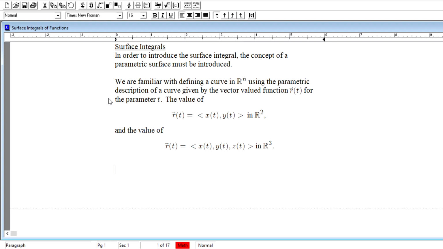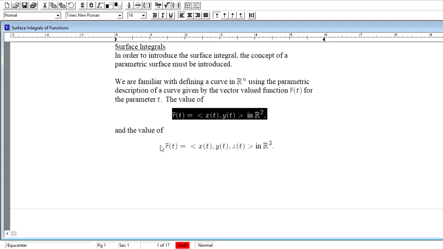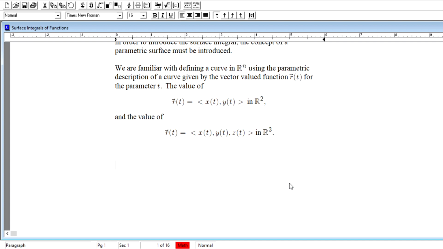All right? Where, to begin with, recall what we had for a parametric curve. We had these descriptions given by our vector valued functions, right? This description in R^2 and this description in R^3. All right? Now,